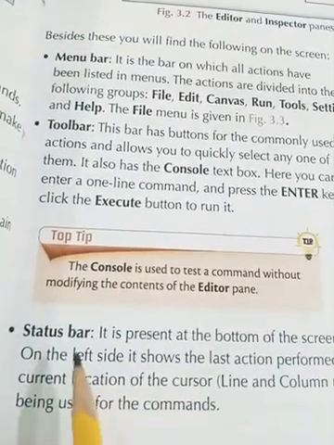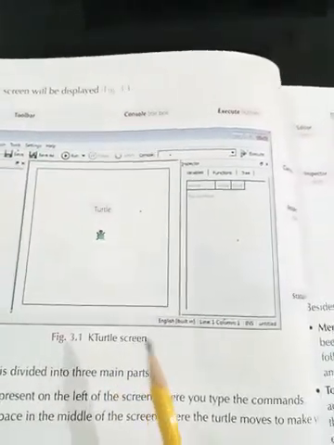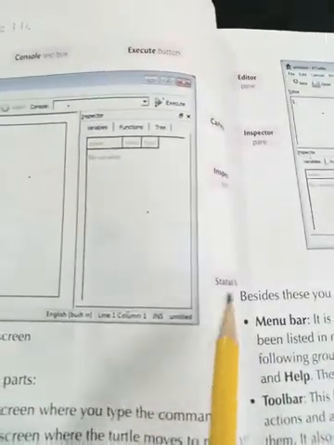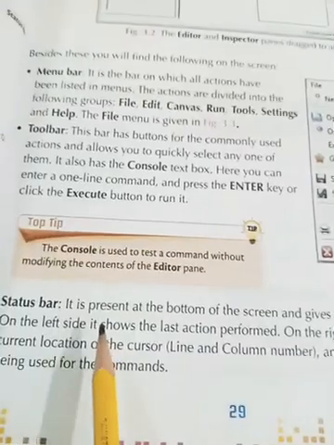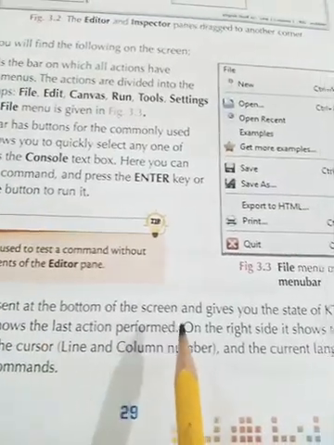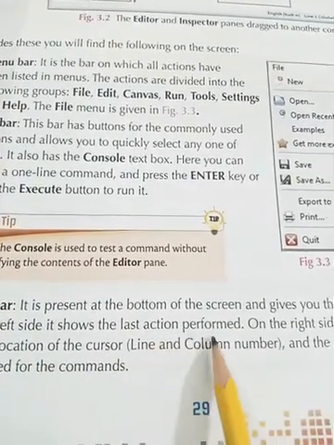Alright. And the next is the status bar. Where is the status bar? Can you find the status bar in this picture? Yes, this is the status bar at the bottom side. It is present at the bottom of the screen and gives you the state of KTurtle. On the left side, it shows the last action performed.